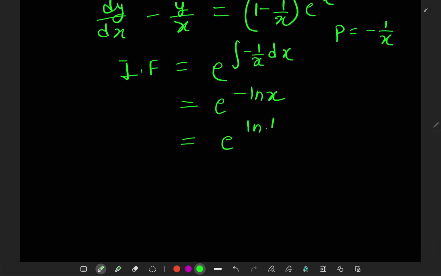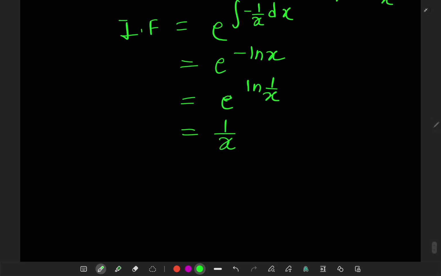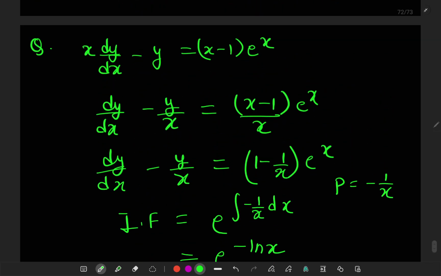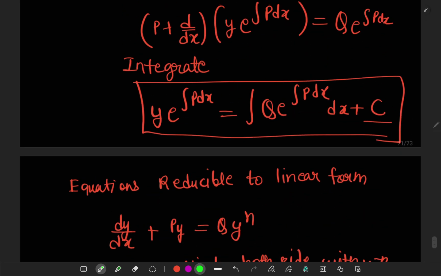Now using the logarithm property, we can write this like that. Now we find the integrating factor. Now using this method,